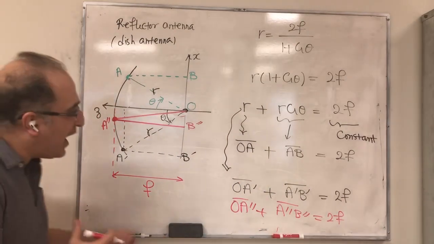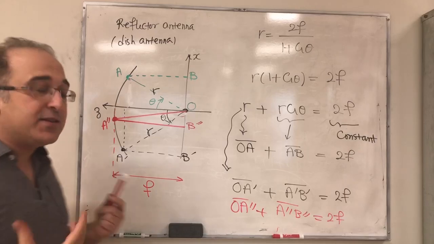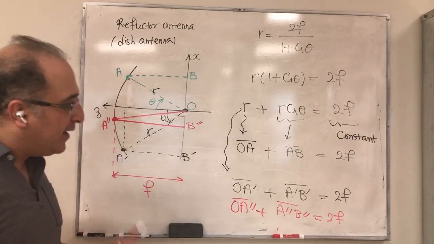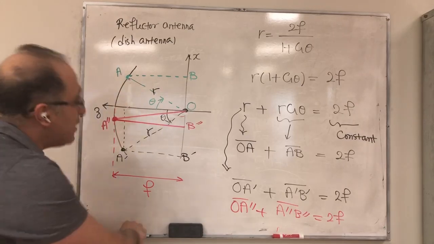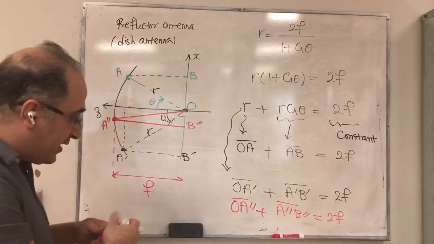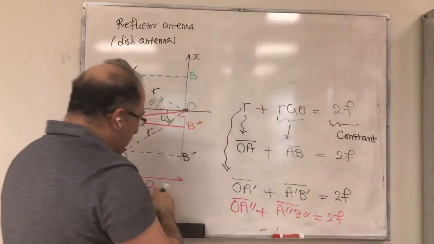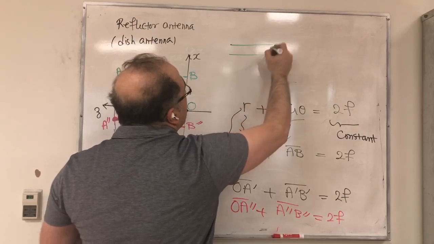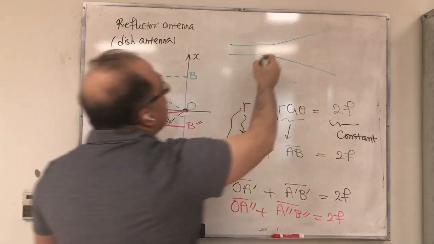So all these paths are becoming the same. Now you start understanding something. You can get a feeling here that this is very useful in antenna engineering, because what was the problem with the horn antenna when we wanted to achieve high directivity? Remember, the problem with horn antenna was that when I had something like this,